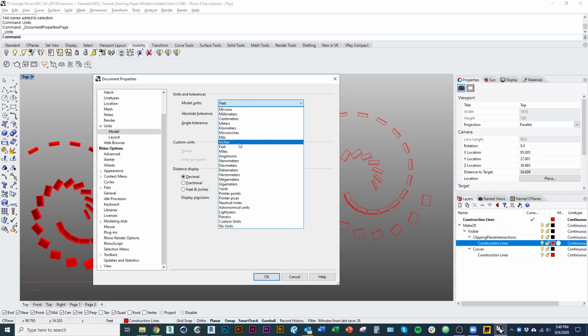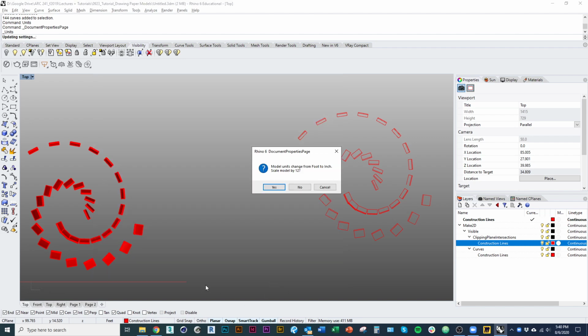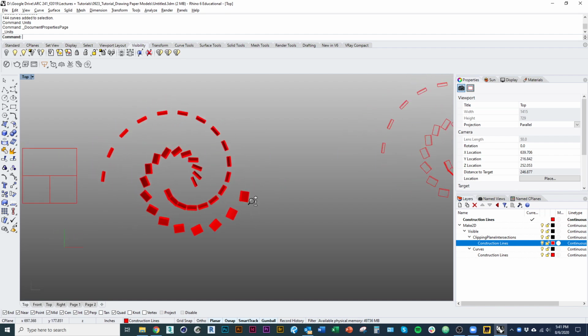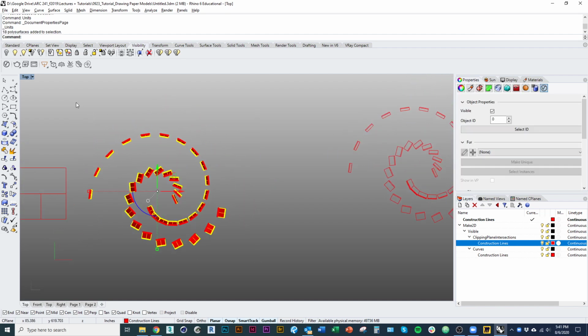For example, if I go from feet to inches and click OK, it'll ask me if I want to scale my model. Normally I would not want to scale my model, because I'd want it to be the same size, even if it was in different units. But if I wanted to make it bigger by scaling it like that, so now every foot became an inch, and if I were to Make 2D now,